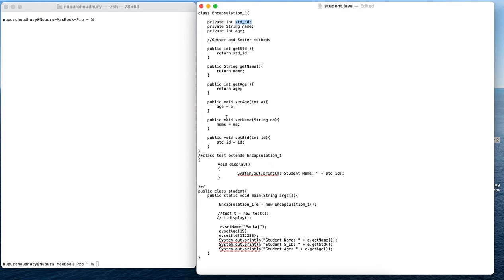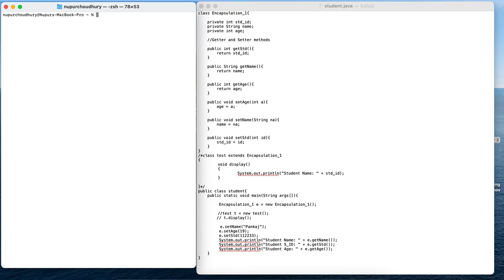First let us compile and see how we are getting the values. Compile with javac Student.java, and then I'll simply run it.